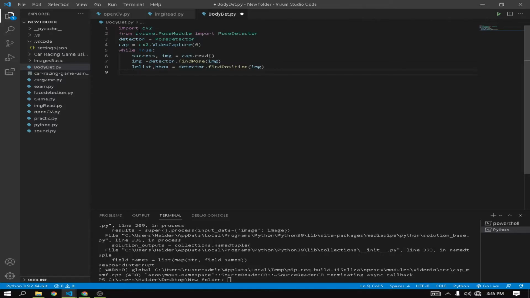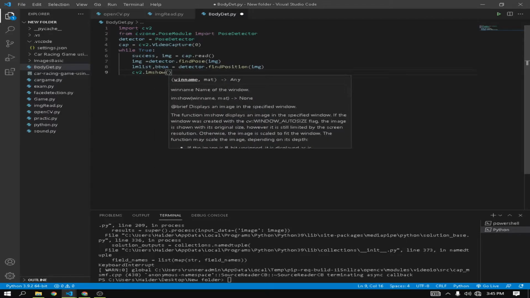The bounding box we will do later on; I will show you the function of bounding box with hand if we write it inside this bracket. It will send us the list of points and the bounding box info.